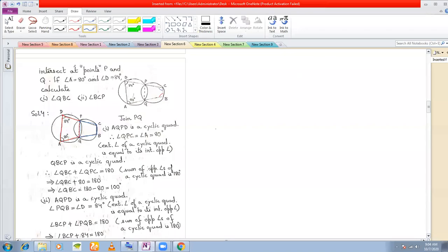So in this figure, I can see the red cyclic quadrilateral and the blue cyclic quadrilateral that I have marked. Now see, in the red cyclic quadrilateral, which one is the exterior angle? This is an exterior angle, right? All of you can see clearly or not?